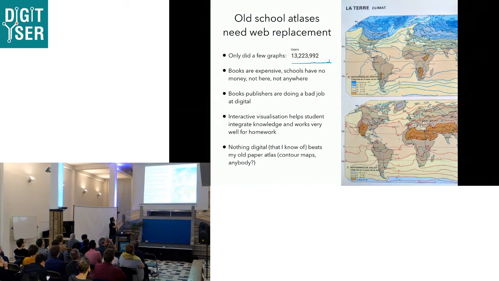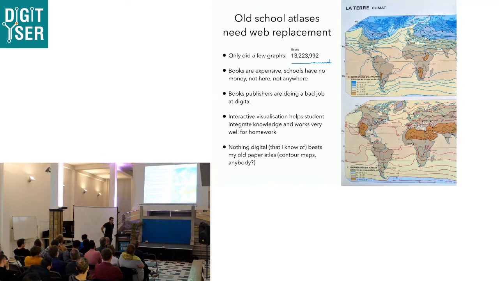My feeling is that the book publishers are doing a really bad job at digital. The people who did this, basically, they still do this, but in PDF. So that's the digital version of this. And obviously, there is a possibility to do way more than that with all these data visualization tools that we know now. Those books are expensive. You have to buy a license to use them. So for a class, you need 30 licenses of the book and so on. So really, book publishing is living in the past for that.